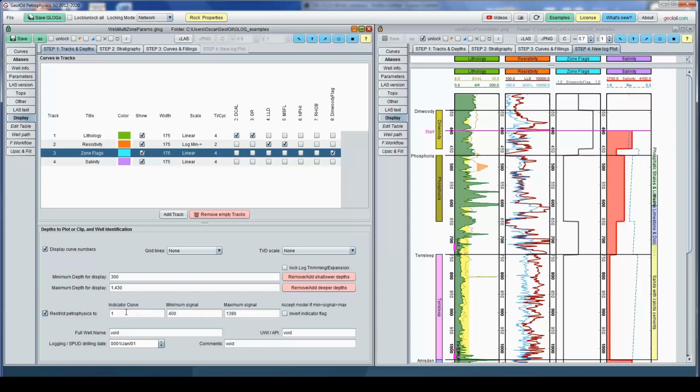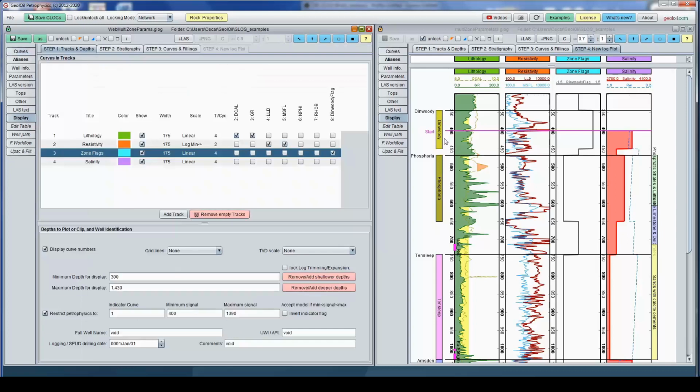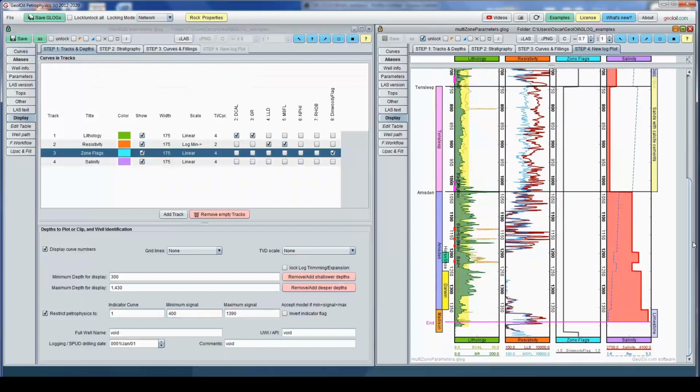The indicator curve is the number 1, where you can put any one. But 1, like measured depth, is the default. The column number 1 is always measured depth. So we want to start from 400. You type here 400. And the final depth, the maximum, will be 1390. That one. Okay, that's all.